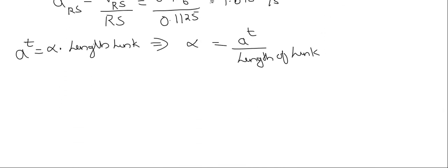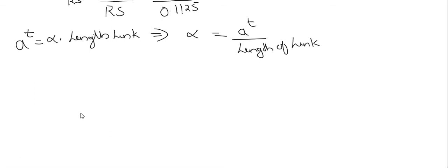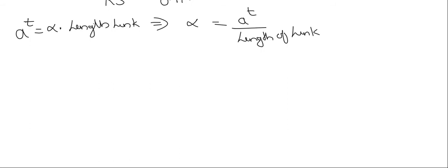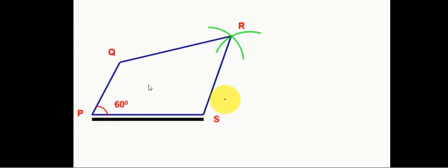So that is the procedure, and now we will move on to how to draw this acceleration diagram, from which you will get this AT RQ and AT RS. So this is the mechanism that we have in question. We have already drawn the velocity diagram for this. Now we will start drawing the acceleration diagram. We know there will be one acceleration along Q, another radial component along AR, and another radial component along QR. So those are the three radial components.